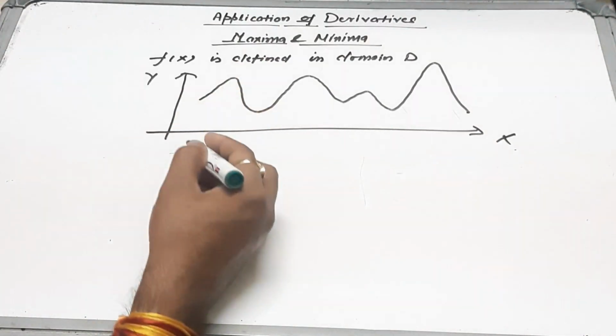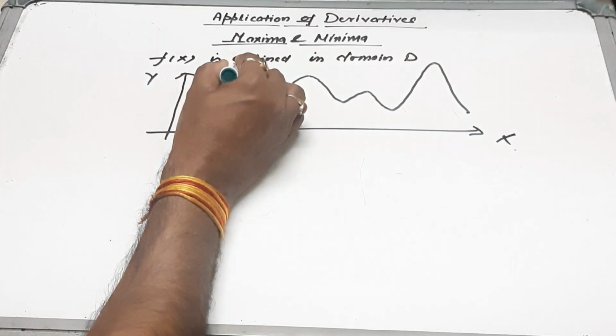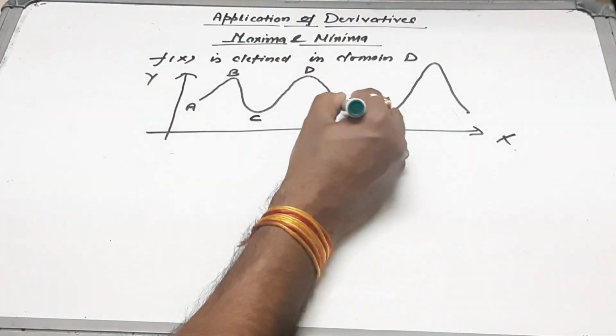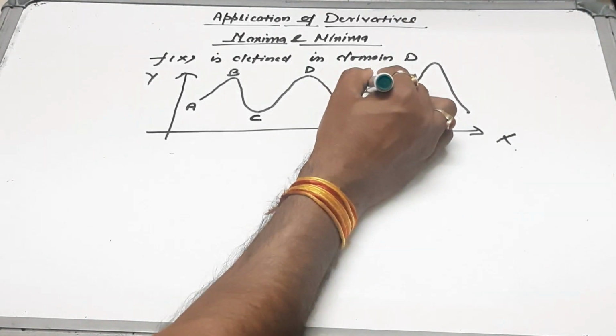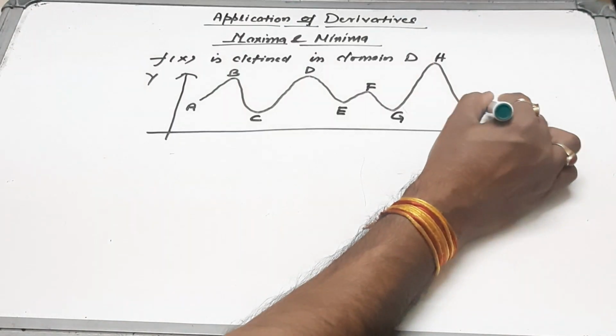Like this, correct? So you just mark these important points A, B, C, D, E, F, G, H and I,